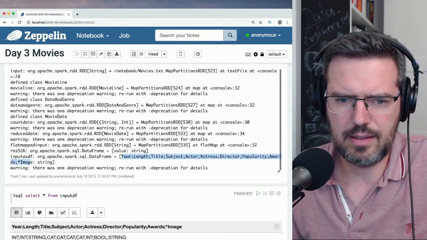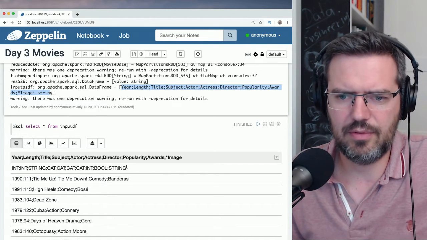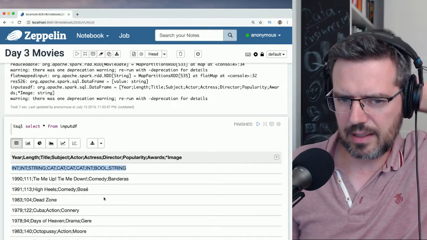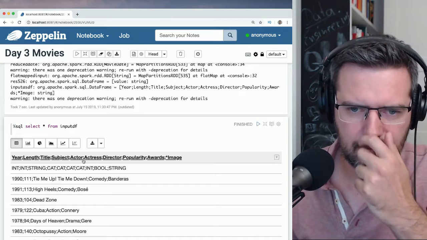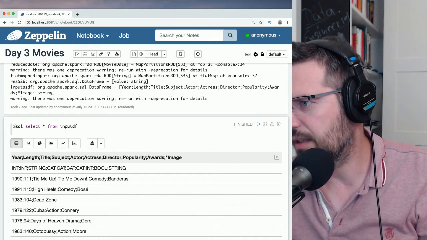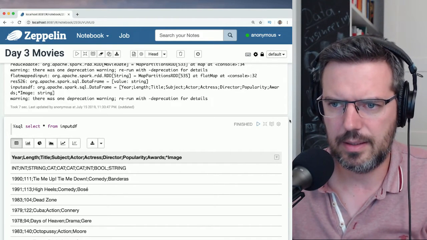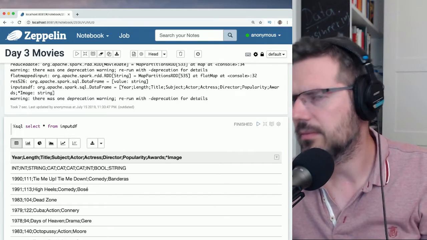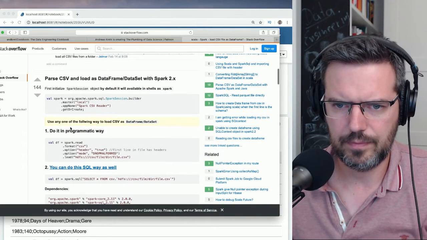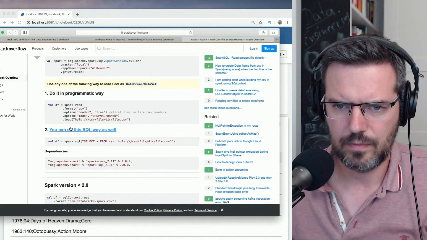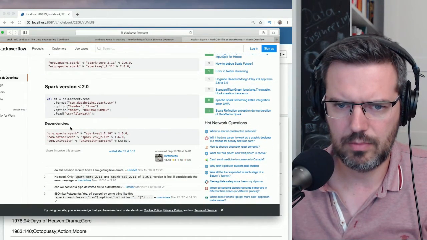Okay, here you can see it. The DataFrame already has the stuff from the header. Select everything from input df. Okay, now we have the second header row as well. And then we can start here. We didn't have the special denominator as well. How is that called? Header mode.